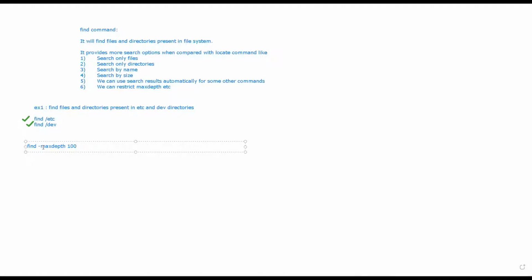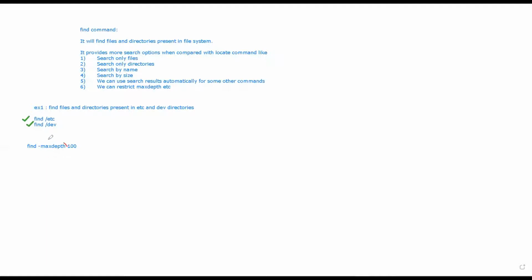By specifying the max depth option, you can go to some level of searching the files and directories. But note one more thing here: this is a single dash, whereas in other options we saw a double dash normally.